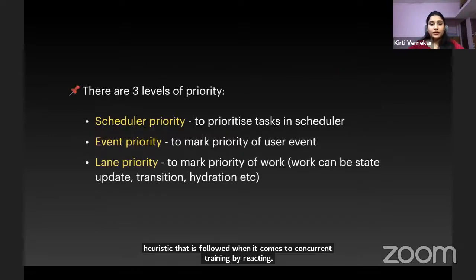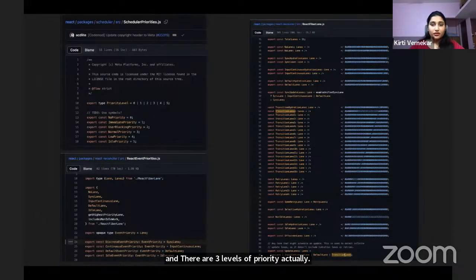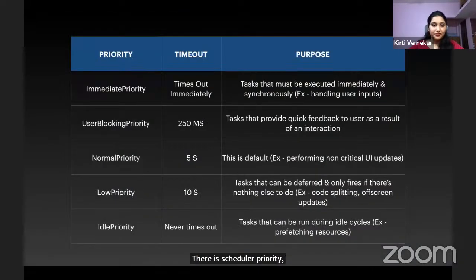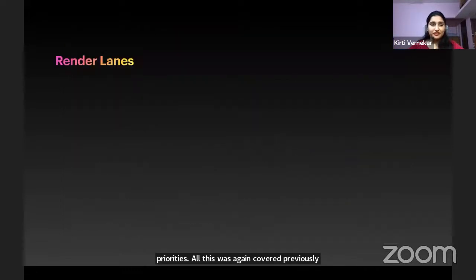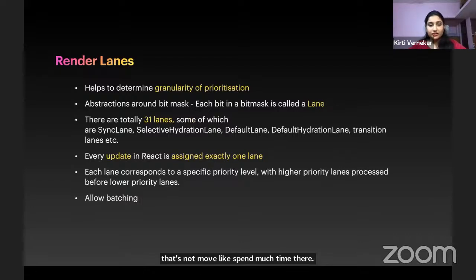So the scheduler assigns your task certain priorities. Actually, there is scheduler priority, event priority, and lane priorities. All this was covered previously, so let's not spend much time there. Render lanes are just another way of assigning